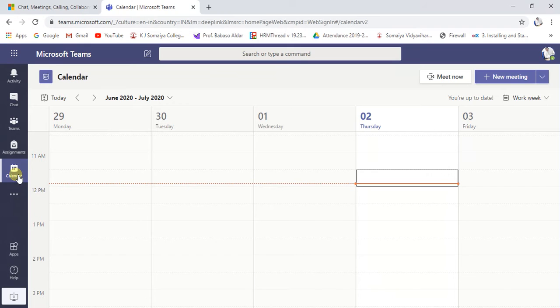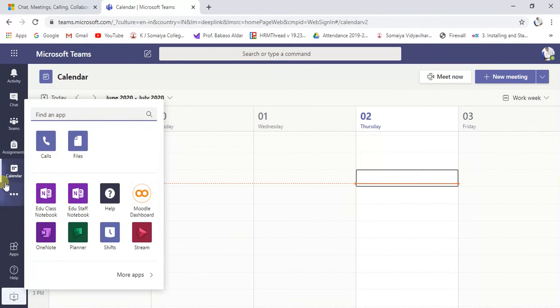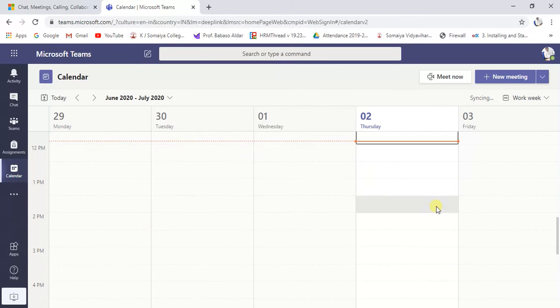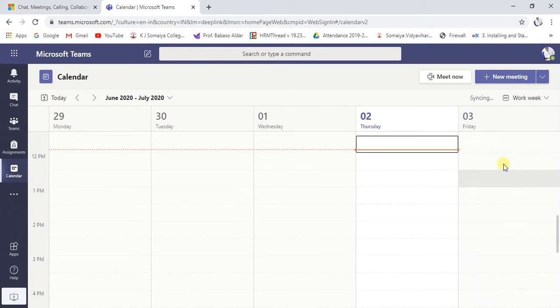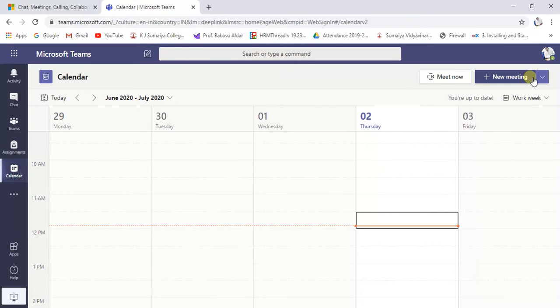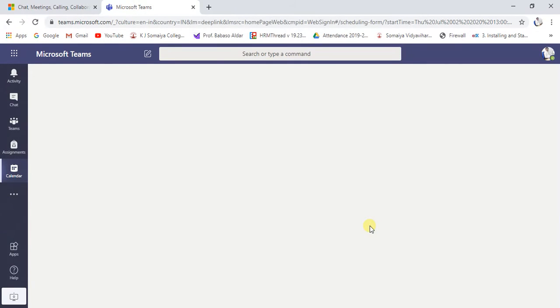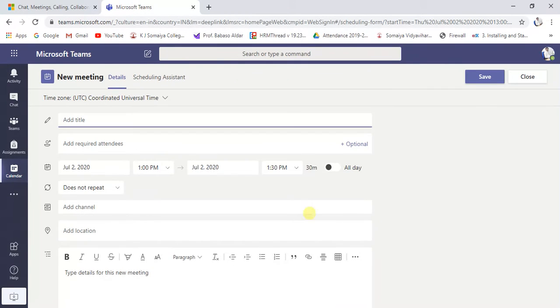Here you need to click on Calendar. If it is not there, you search for the calendar here and you can add it. I already have the calendar here, and I want to create the meeting. In the calendar you can directly click on New meeting, or create the meeting now. Select the timing, or you can directly choose here. On the 3rd, Thursday, I want the meeting at 1 p.m. I have to schedule the meeting, or you can create the session. Click on that. Here also you can change the date, no problem.